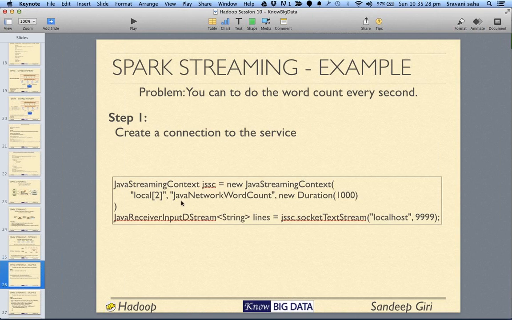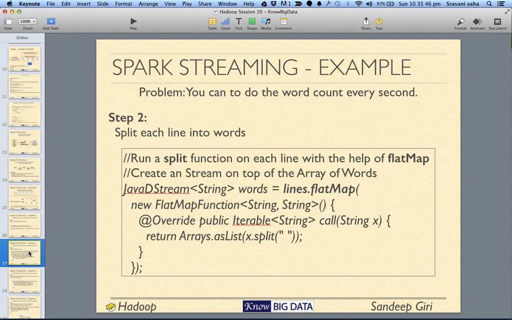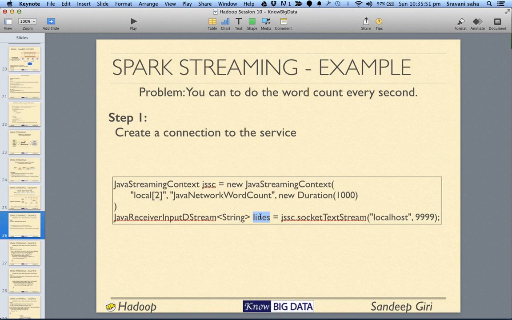Here we are saying create a window of duration 1 second, and out of that it will create a DStream output, which will basically be a bunch of RDDs per second. Afterwards, you can do operations on the lines generated.